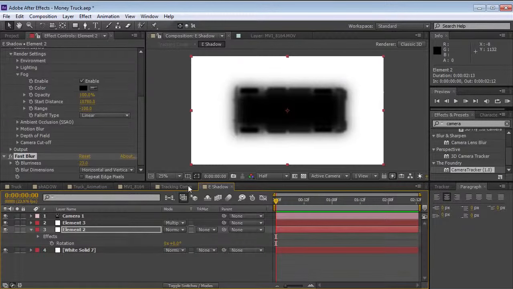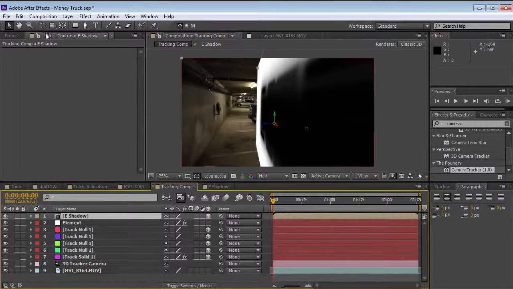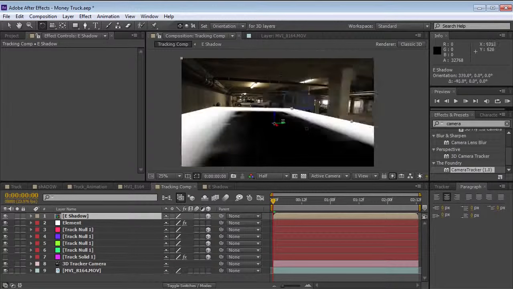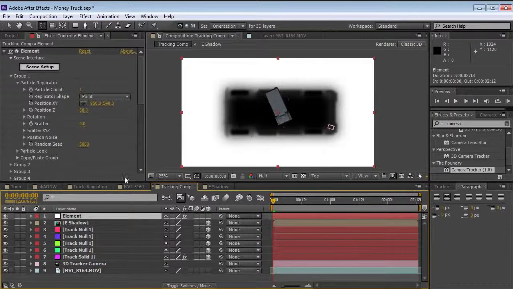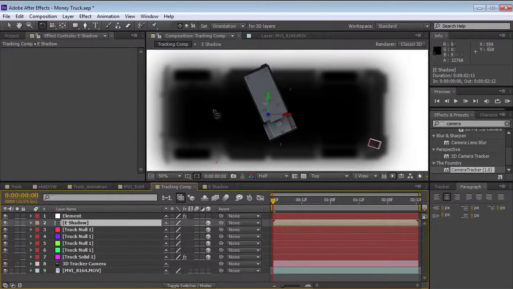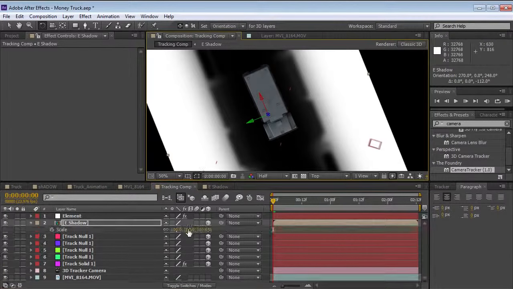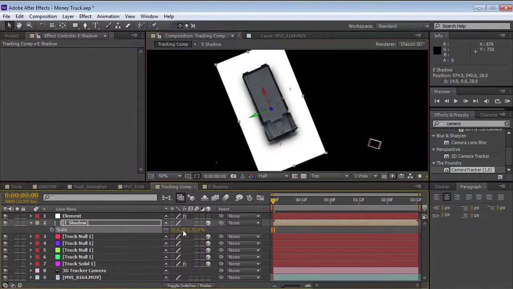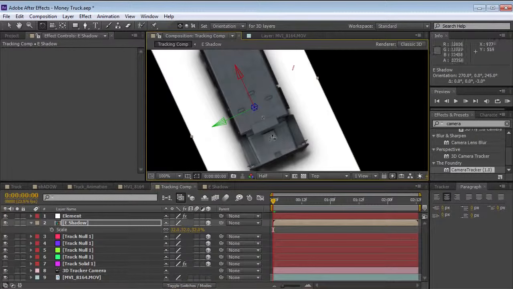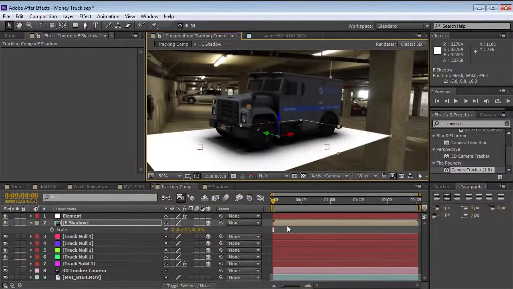So then if we go back into our comp, we can turn our layer into a 3D layer, take the rotate tool and rotate it, put it underneath the element layer. And then let's go to the top view really quick. And then we can see our truck here and we can rotate it a little bit easier. So we'll rotate this around, line it up, hit S, scale it down. Scale it down a little bit more here. So there we go. You can just hit escape or just go back to active camera